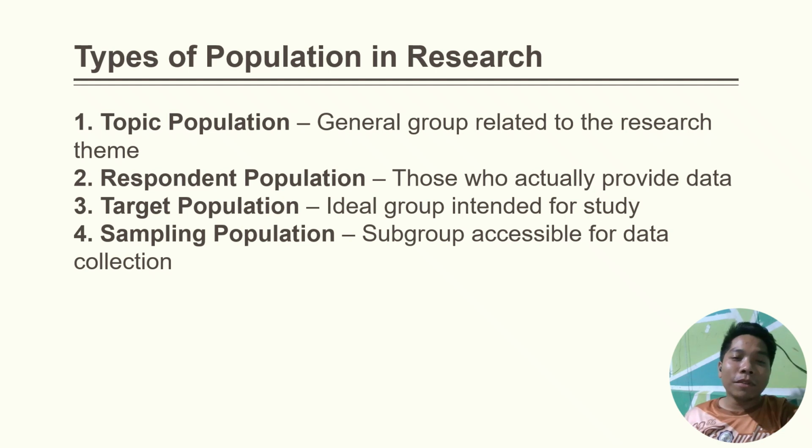And lastly, you have sampling population. This is who you can realistically reach. So not all of the times your target population are reachable. This is due to time or limited resources. Not all of us have a lot of time to conduct our research, and we have limited money to use. So this is a smaller subset of the target population. It is called sampling population.